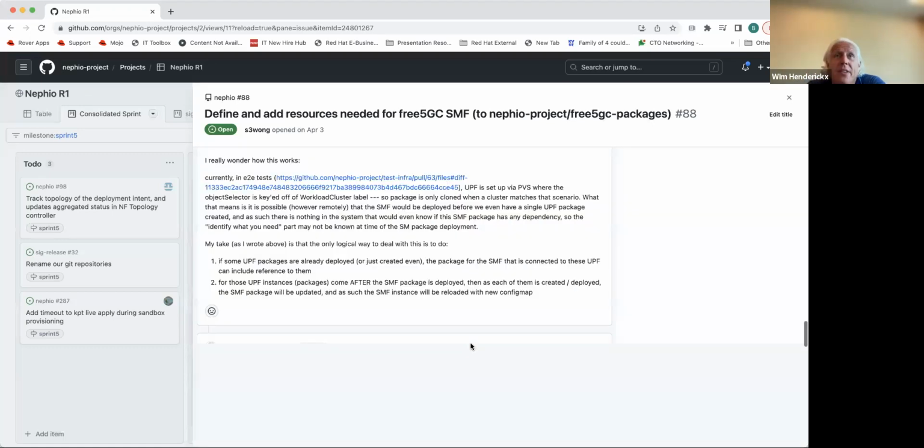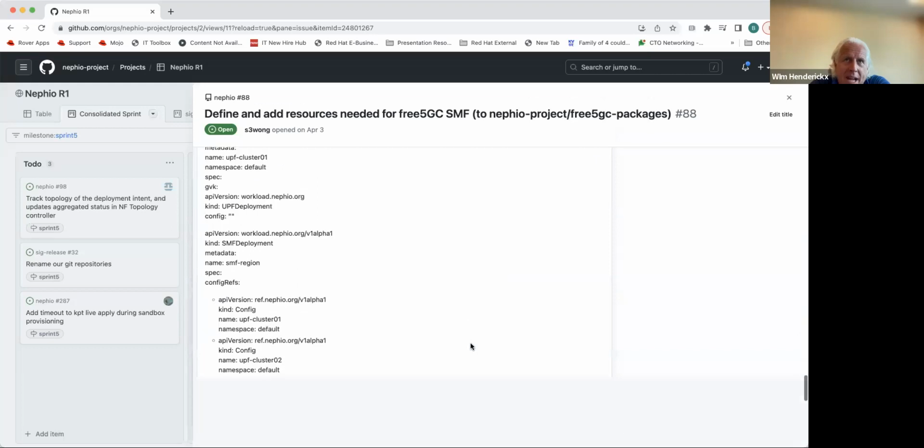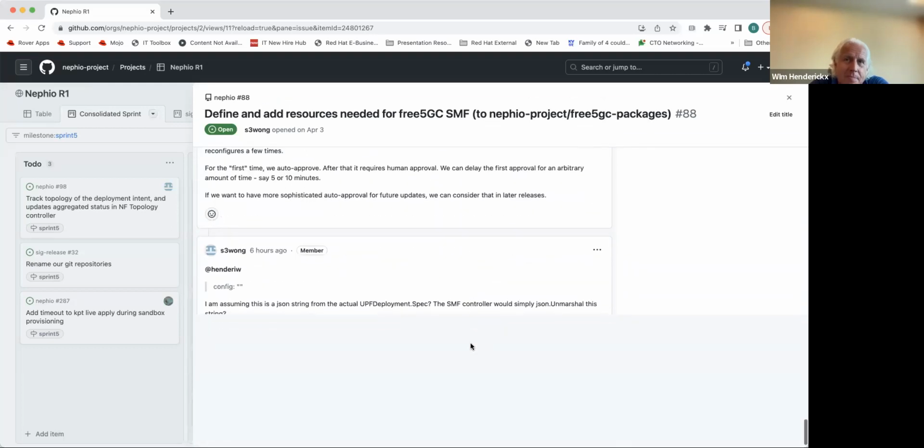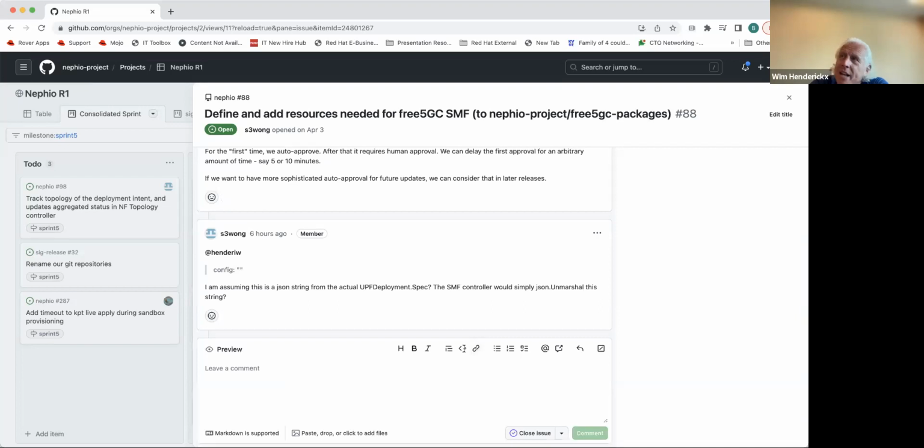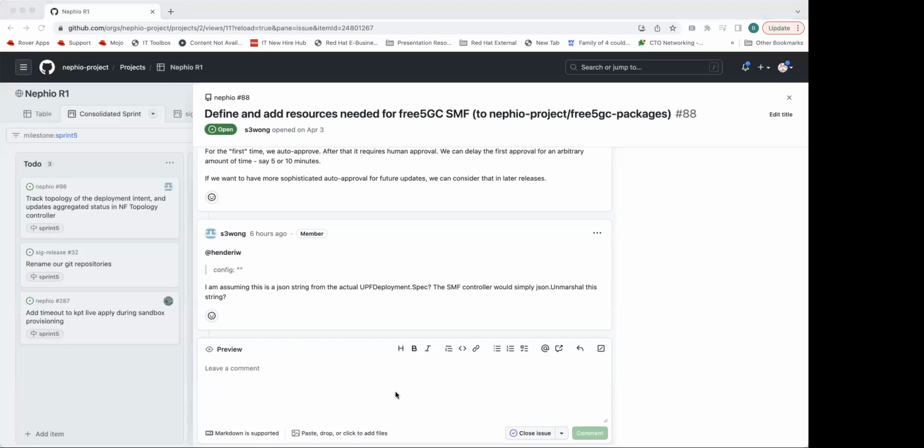And what has to happen is based on the package name that we put inside. So we go through all the package resources, we see that the package name matches. If the package name matches, we have to look for a condition on UPF deployment, and if it's complete, we take that config that is in that package, and we marshal it in JSON, right? And then we add it. But if not, then you don't push the SMF package.